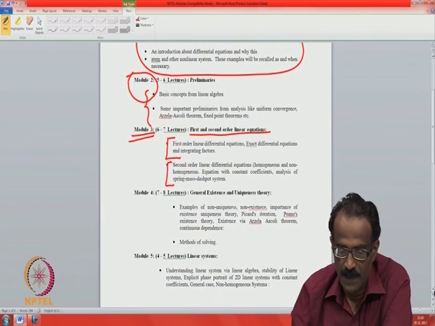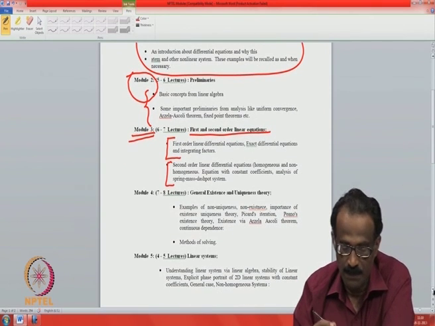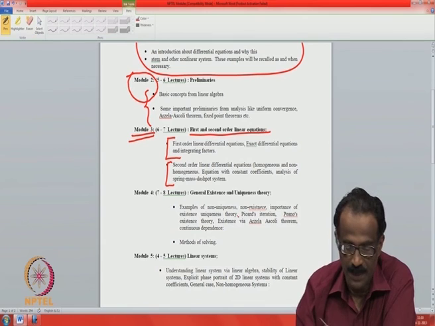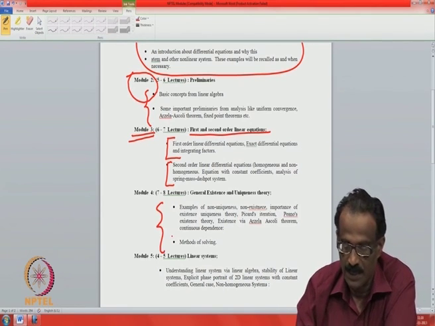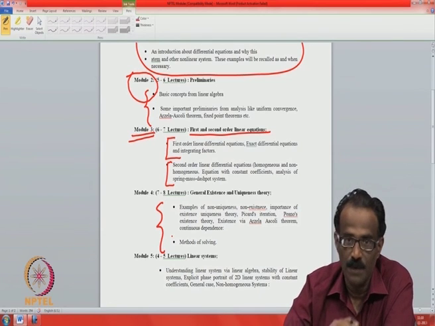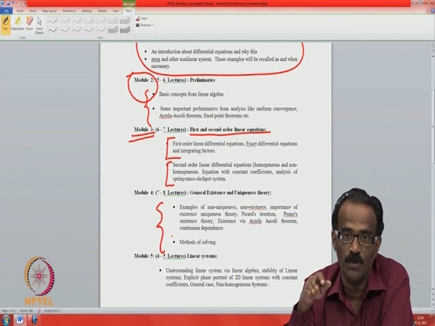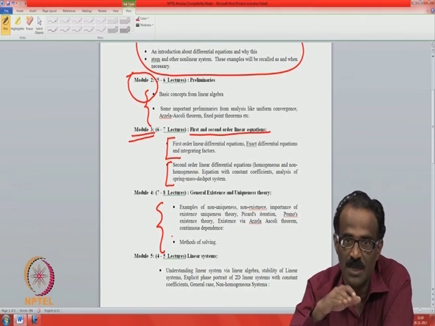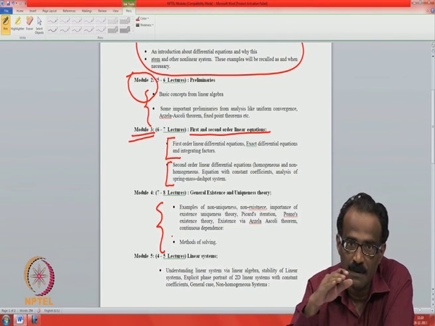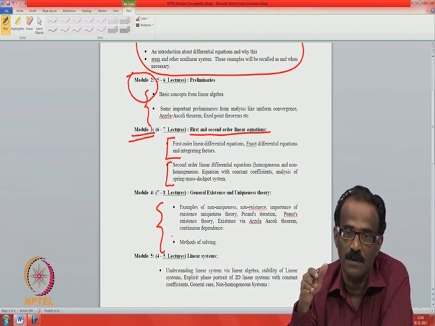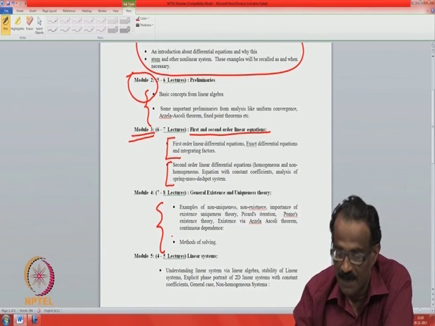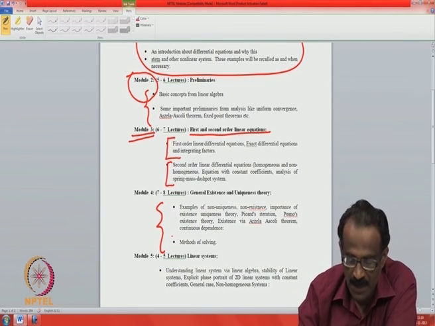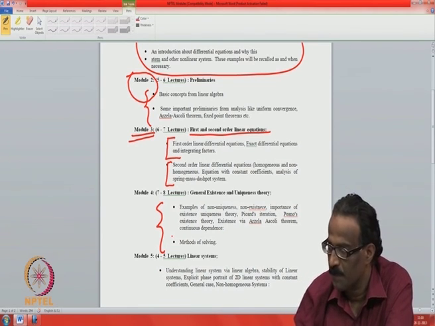And then we will see some part of the theory, namely the general existence-uniqueness theory. Basically, we will give you different methods to prove existence, uniqueness, and continuous dependence. We will start with first order equations, but then we will also go to the next thing, and there are different methods. We will also introduce some methods of solving. After that,